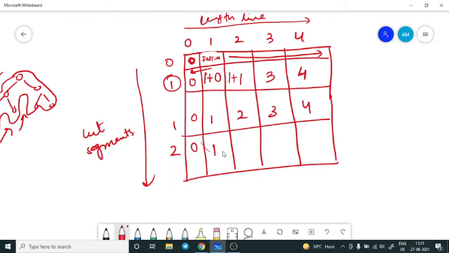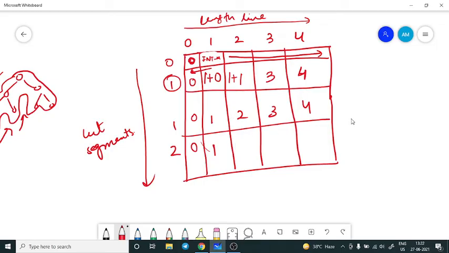If I consider this, then I will add 1 to it and check for the previous remaining values, as we did for these cells. But if I skip it, then I have to go one row above. Why one row above? Because we have skipped it, and now I have to pick the answer from the previously used value. So that's why it is 1.